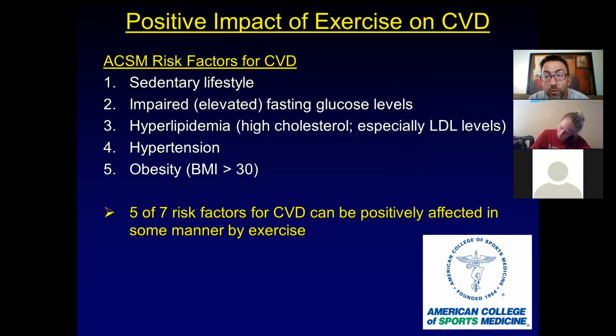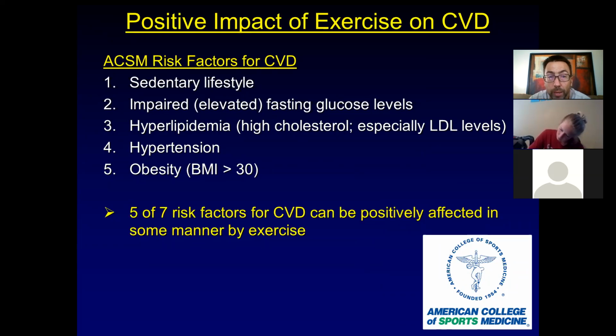which of our risk factors are going to be positively affected? And this is why exercise is so effective. Of those risk factors that we were screening for yesterday, these are the ACSM risk factors that we screen for. Being just moderately active has positive impacts on 5 of the 7. It doesn't do anything about family history, and it doesn't do anything about smoking directly, but we'll talk about the effects of exercise and smoking in just a minute. If being sedentary itself is a big risk factor, if you're active, you can remove that one,